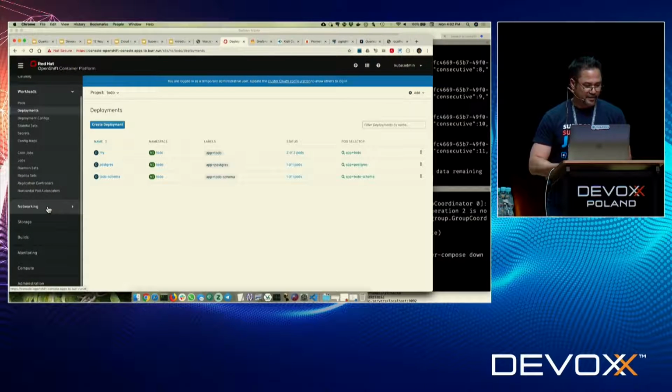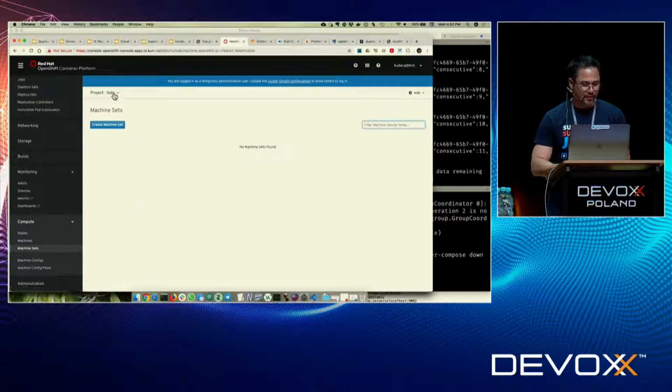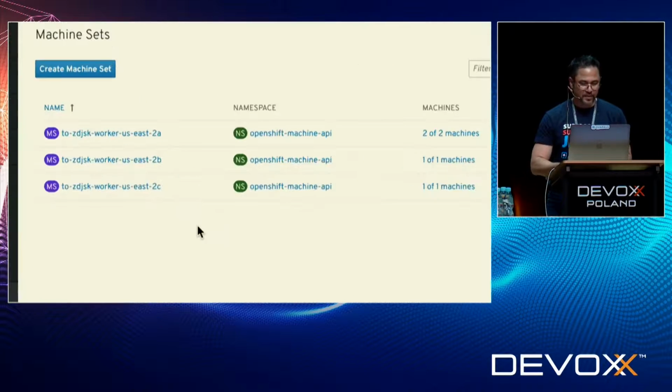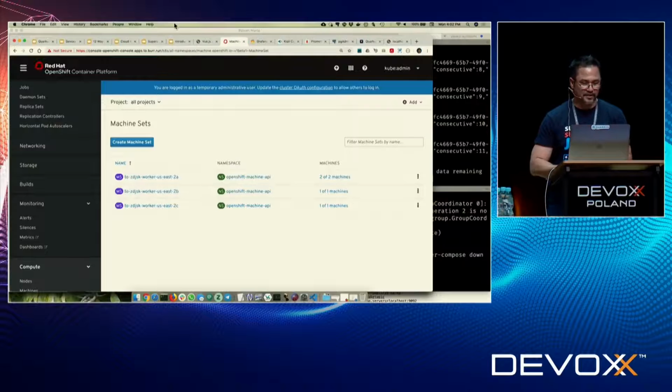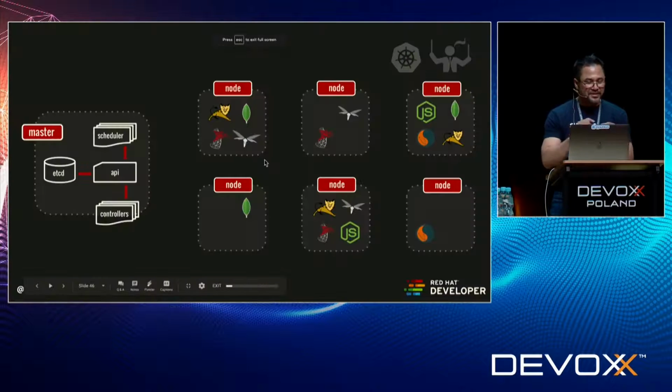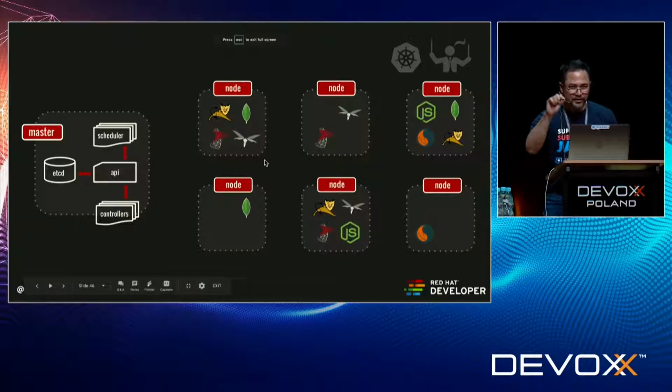This is important to understand, and I'm just going to show you right here. In this cluster that I'm going to work with today, I have all these machines running in this environment. Let me bring this up. It's a little bit small here, but we can make it a little bit bigger. So I have these different machines. Right now I have 4 nodes in my cluster, so I have 3 masters and 4 worker nodes. Those are all different computers, virtual machines in this case, running on Amazon specifically. But those different machines are being managed by this master, which is basically saying, run my application component on each of these nodes.